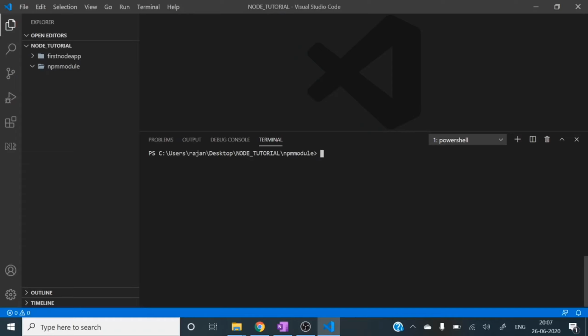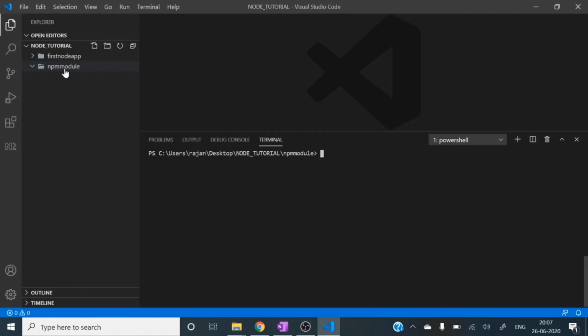If you initialize with node package manager, it will create a package.json file. It's the whole description of your project, what your project is, what the dependencies of your project are, and a lot of other details will be there.